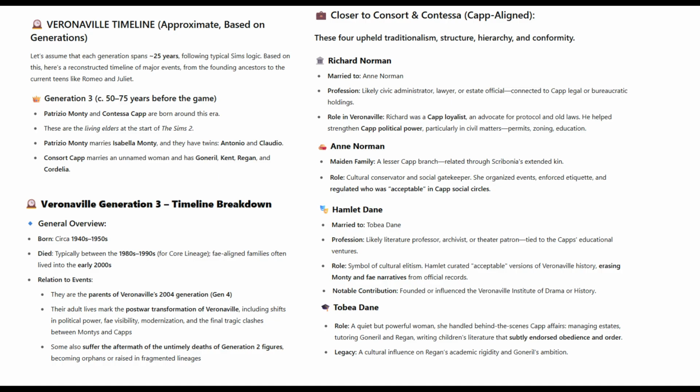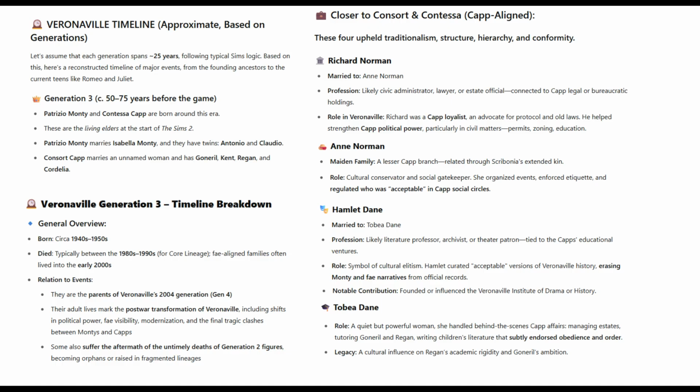We move on to the Danes. These two are Cornwall's parents with Hamlet and Tobia Dane. Hamlet is the son of Hamlet, so he's Hamlet Dane the second. His role could have been being the symbol of cultural elitism, curating acceptable versions of Veronaville history, tending to downplay Monty narratives and maybe fae narratives from the official records, and maybe founding or influencing the Veronaville Institute of Drama or History. I'm pretty sure some of that background comes from the inspiration from the actual Hamlet play,